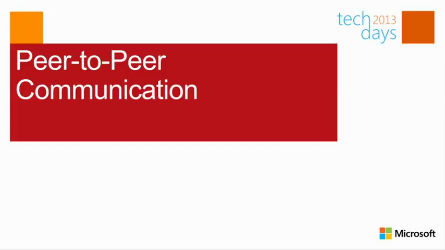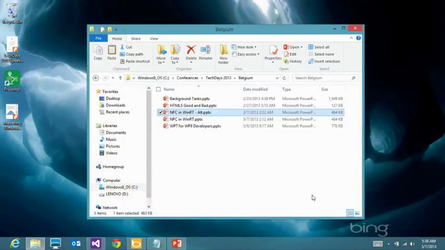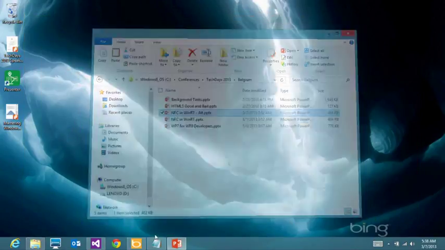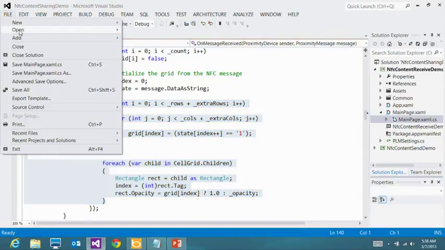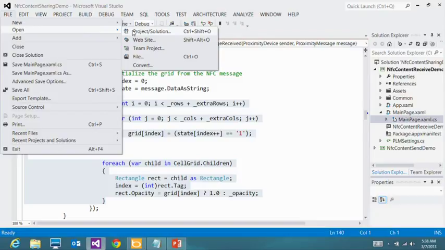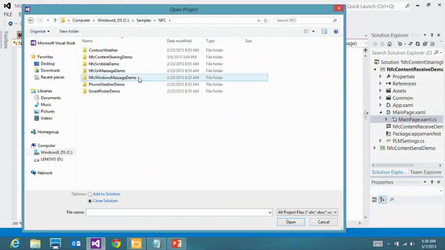So would you like to see the code that it took to do that? It's a little bit more involved, but not too involved. In fact, not too involved at all. So let's open up a separate project here. This too is part of that zip file whose URL I gave you. Let's see, I don't want that one. I want to go into my NFC folder and open